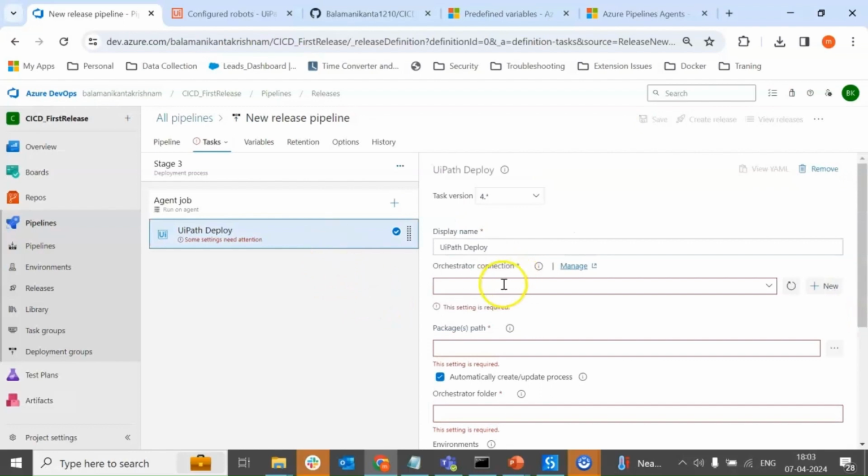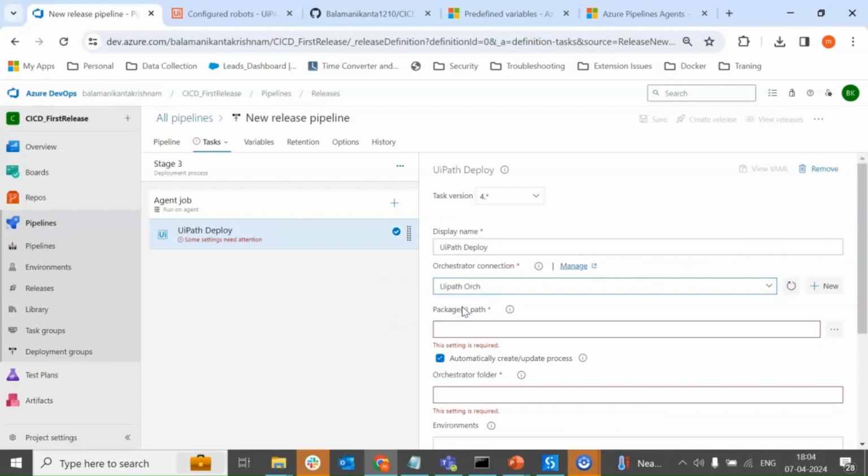If you see here, the orchestrator connection. Our orchestrator connection is UiPath orchestrator. So packages path. Where are the NUPKG packages available? We already published our NUPKG package to a folder called drop. You can see